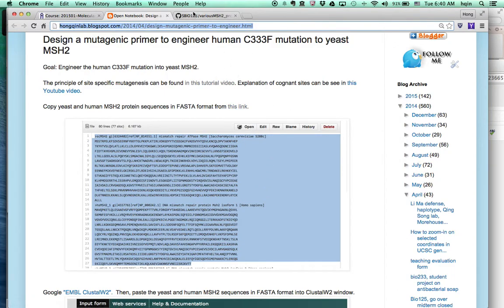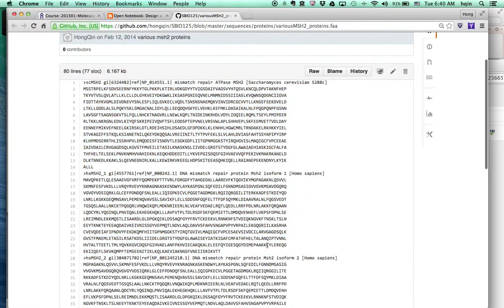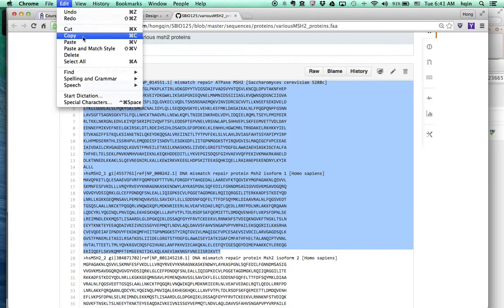First, you can find the human and yeast protein MSH2 sequences in FASTA format from a link in the protocol. Once you have the sequences, you highlight the yeast SC MSH2 for Saccharomyces cerevisiae MSH2, and HS MSH2 for Homo sapiens MSH2, score 1, that means isoform 1. So edit, copy,